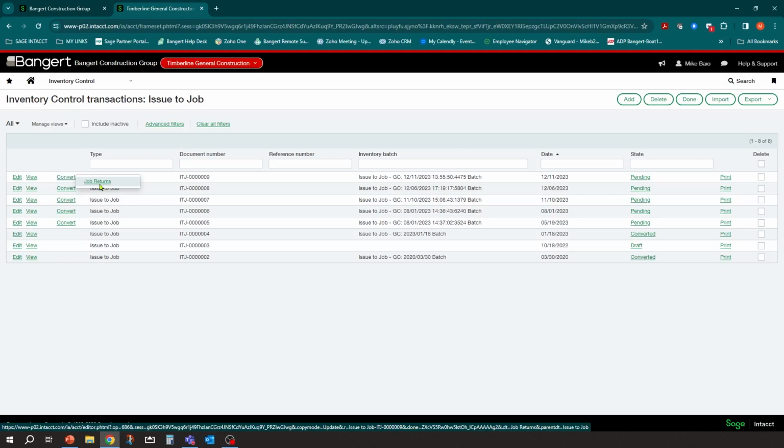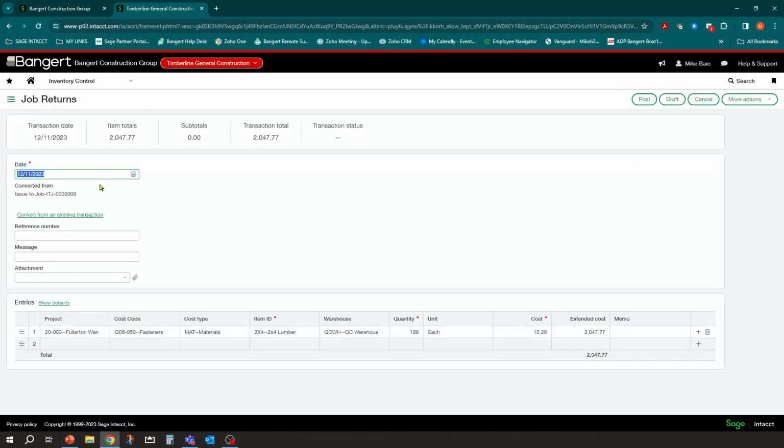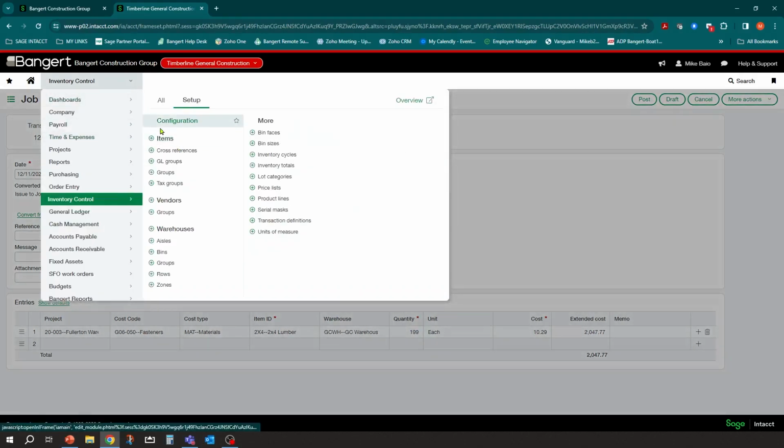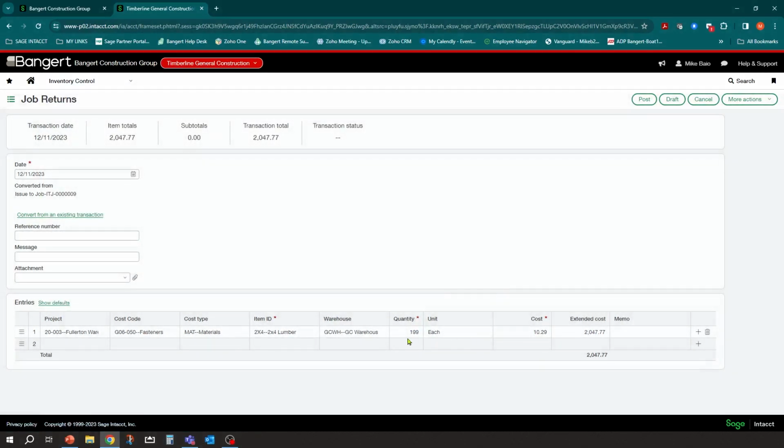And so when I do that, depending on your configuration, the system will convert it at 100%. So see how it's pre-filling 199, or it can convert it at 0, and then you can actually key in what. And that's in your configuration settings in your modules where you can check that box.